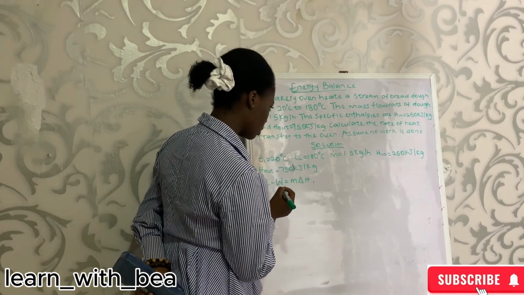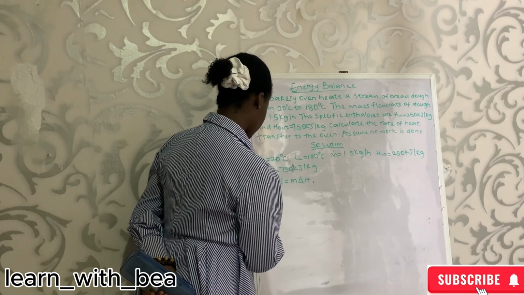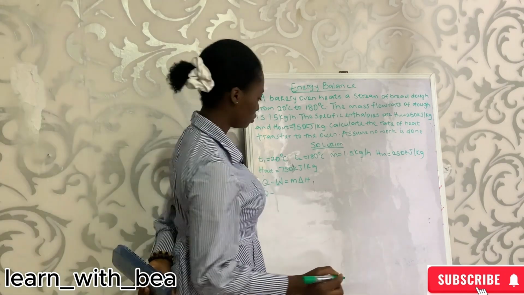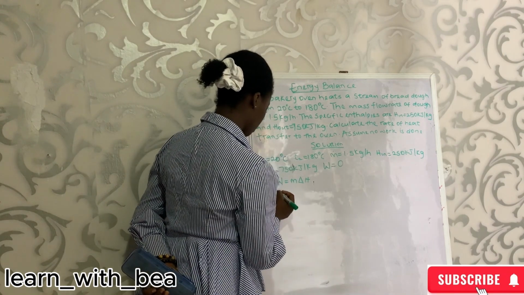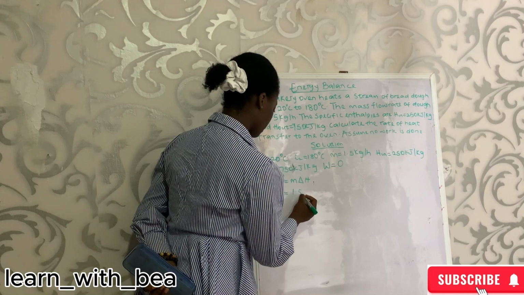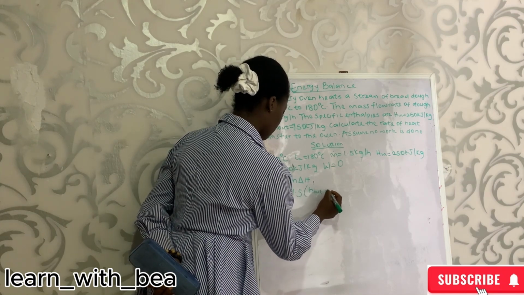So, we have, what's our Q? That's what we are looking for. Rate of Q. They said to assume there's no work done. So that means our W should be 0 since there's no work done. What's our mass? 1.5. Our enthalpy is H out minus H in,